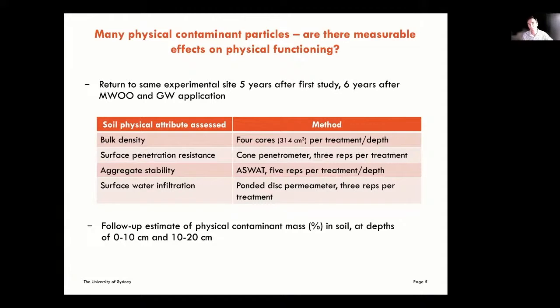So we returned, Sarah and I, to the same site 5 years after the first study and 6 years after the amendments were first applied, to measure on the same plots bulk density, surface penetration resistance as a measure of soil strength, aggregate stability, and surface water infiltration using these fairly common methods: cores for bulk density, cone penetrometer for strength, the ASWAT test for stability, and the Ponder disc